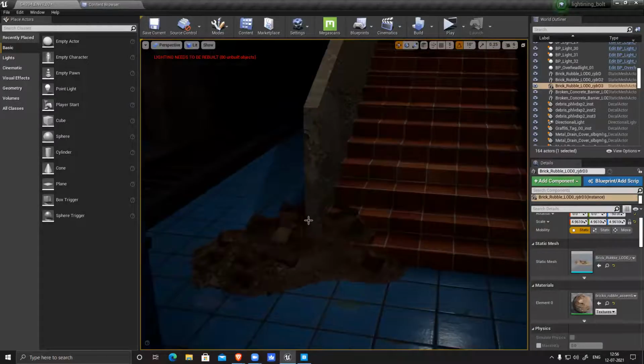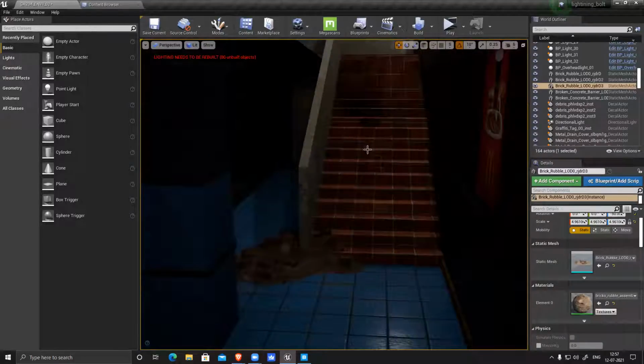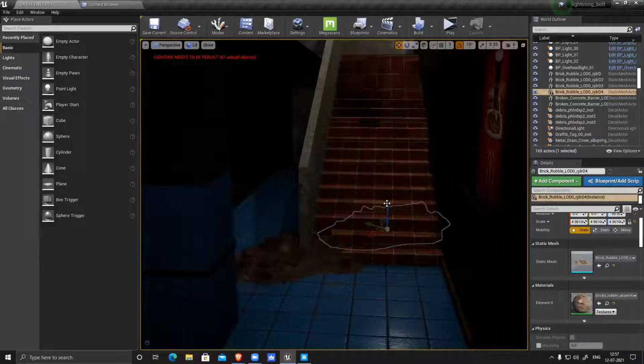I need to add a decal map here, break it. It's already weathered, but I need to add a couple more things so it will look natural. And for this dirt, if I want to add dirt, I can add this dirt also here.